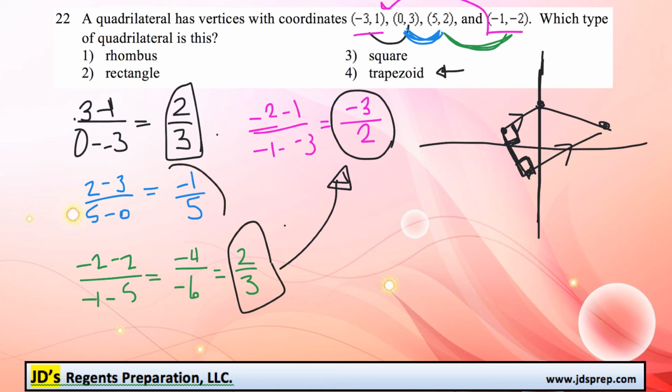But because this last line is -1/5, it has no relation to the other line segments. It's not parallel or perpendicular to them. So that proves that we are in fact dealing with a trapezoid, not a square, not a rectangle, and not